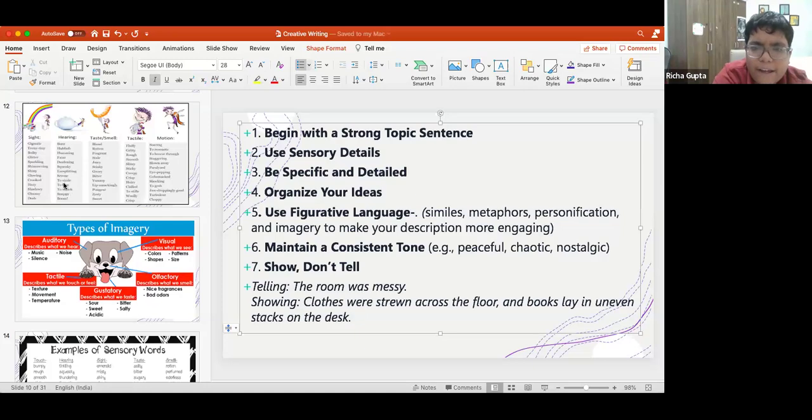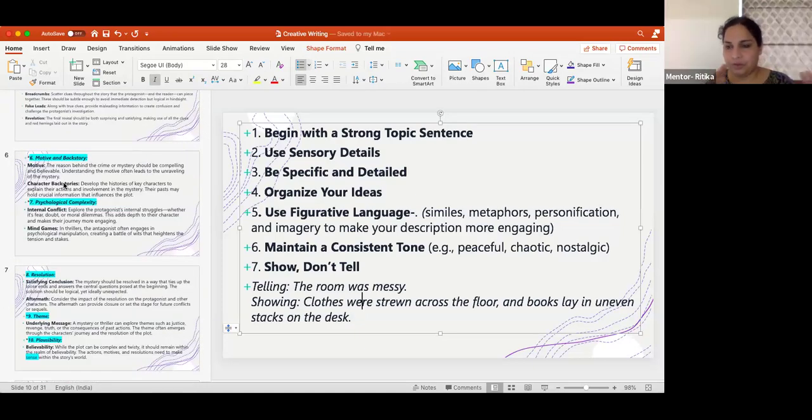So now, today I'm going to discuss descriptive writing with you. Let's begin with descriptive writing. Do you know how we write descriptive writing? What is descriptive writing? Why is it called descriptive writing? I think it's called descriptive writing because we mainly elaborate on a specific event which we had in the past or in the present, and we have to have an introduction, a conclusion, and mainly describe the five senses.